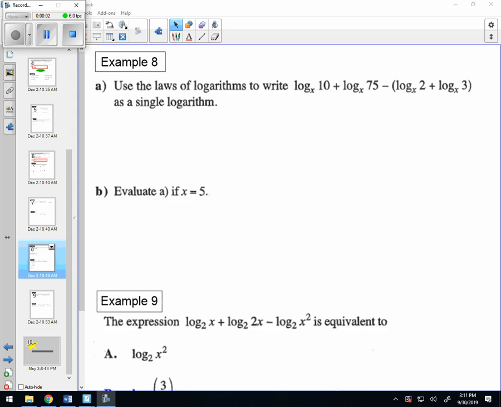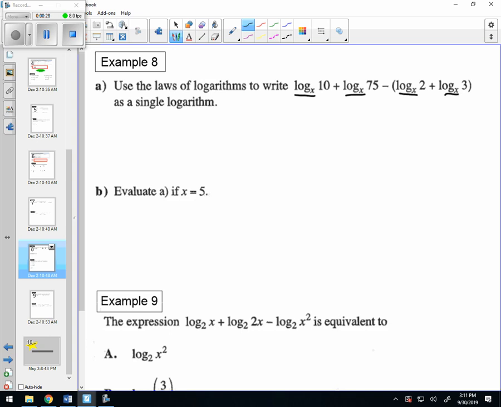We are picking up on example 8 and 9 from the note package. You should have already done questions 6 and 7. So just a quick review of our different laws of logarithms. We have 3 different ones. The first one is if you have the same base, like we do in the first one, which is x. If you have the same base